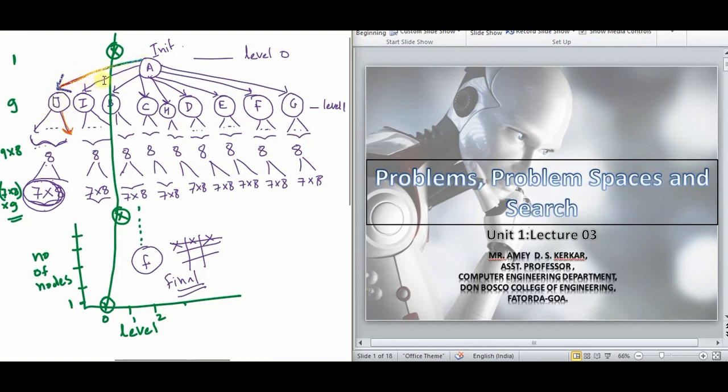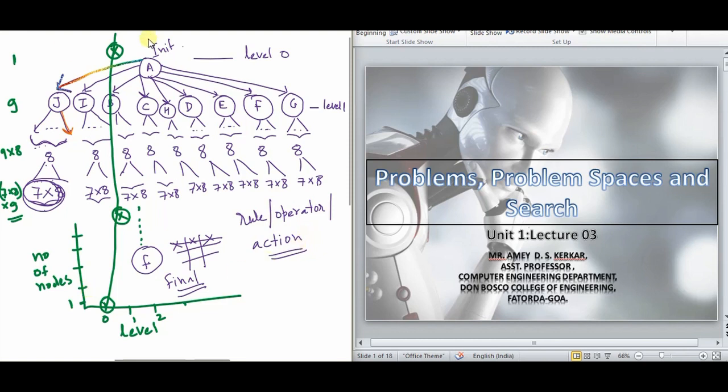So edges represent the actions or rules or operators. Remember, every game has rules, right? So a rule can also be called an operator, or it is also called an action. Fine. So state space basically consists of the states, which are configurations of the game, wherein there is an initial state, intermediate states, and final states. And the edges represent the rules that are applied to move from one state to another. A rule is also called an operator, or an action.